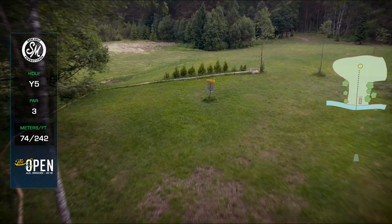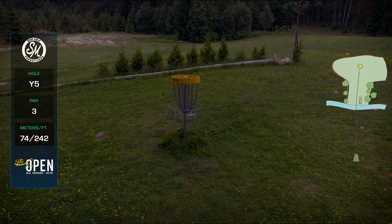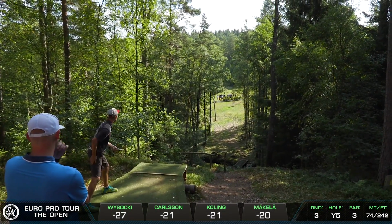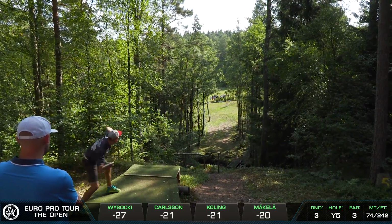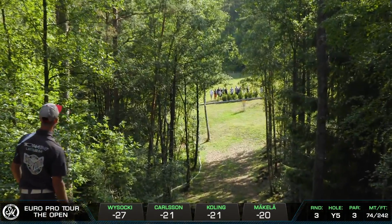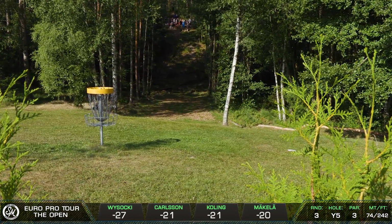And this is one of those holes that you really need to get. There's probably 10 of them on this course, but this is the one that you really got to get the most. You got to get this one, especially this one. It's just straight downhill. You just throw it into the ground and...